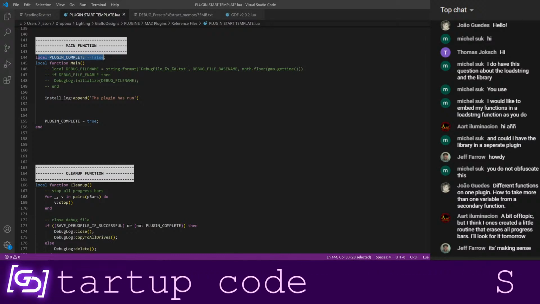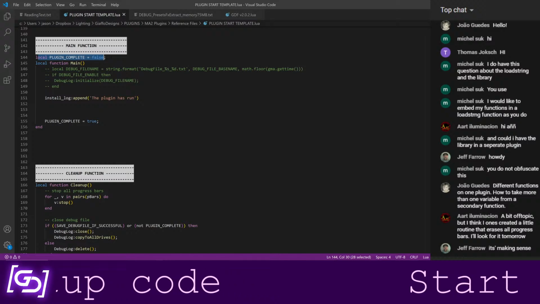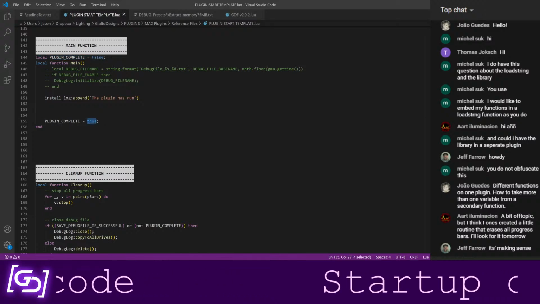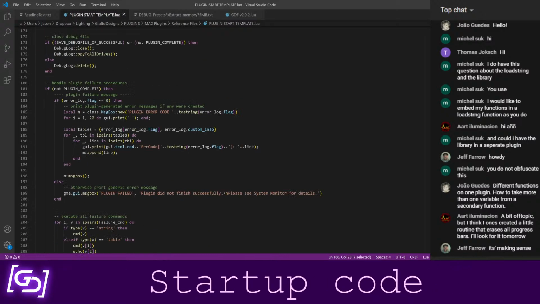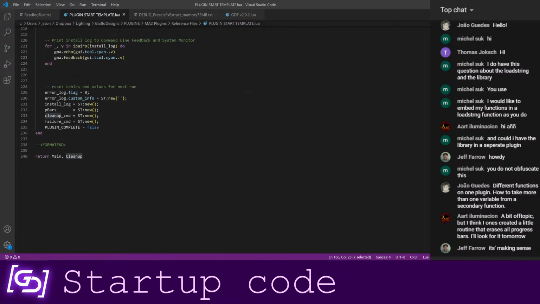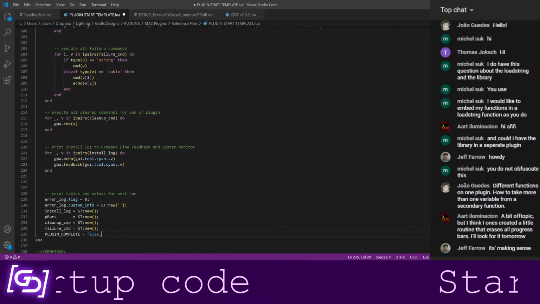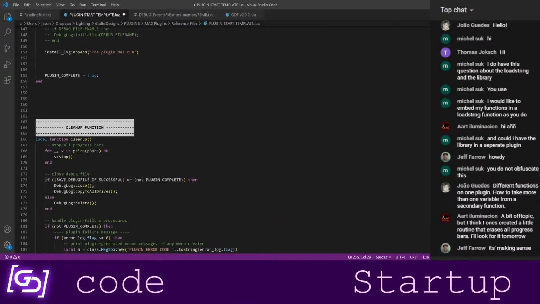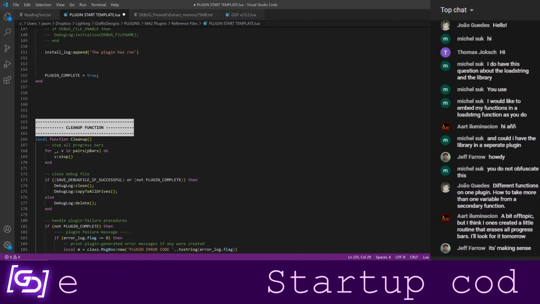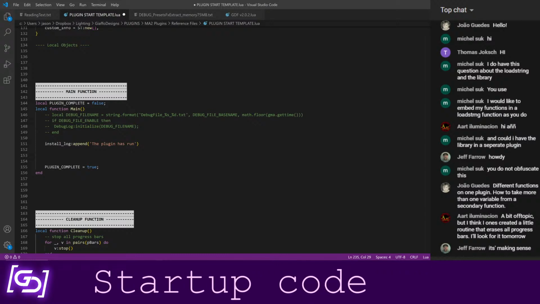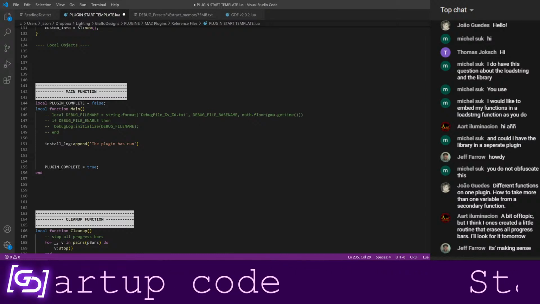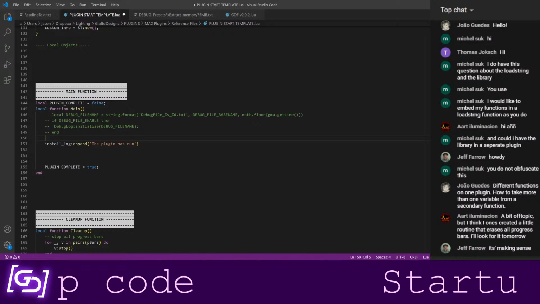It is just read down the list when you load this thing up, which means this stays as true when the plugin ends, unless I change it in cleanup. So the last step of cleanup is always to make sure that the plugin complete variable is set to false, so that on the next run, it is not accidentally perceived as having completed correctly, even if it crashed. That is definitely one of those things that I had to learn the hard way, because I couldn't figure out why the plugin was crashing and not acting like it was crashing.